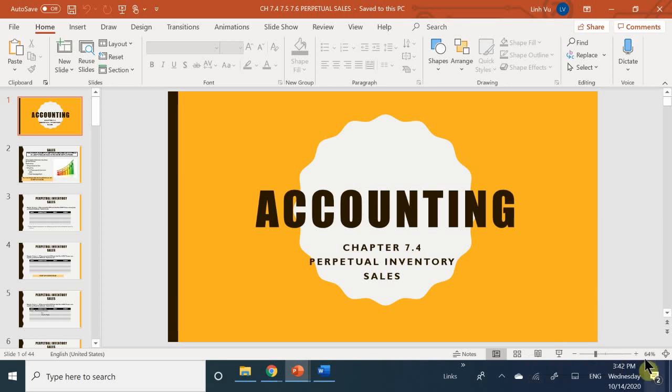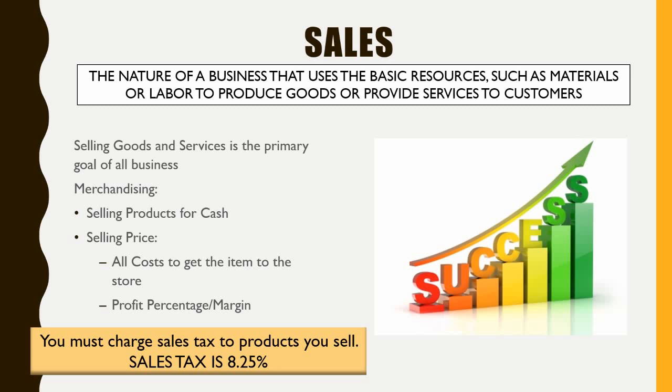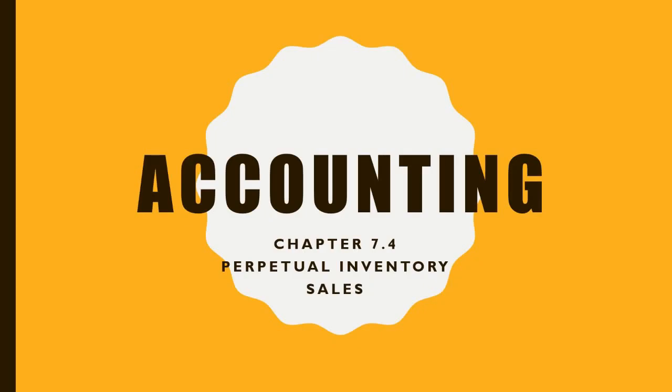So again, we got to look at what happens when we had periodic inventory and how we calculate our sales. All we really truly care about was just recording the sales. But now that we're learning about our perpetual inventory, we know that the word perpetual means that we need to update our inventory. So every purchase that we make, we have to update our inventory. And therefore, every sale that we make, we need to also calculate how many items we sold and take it